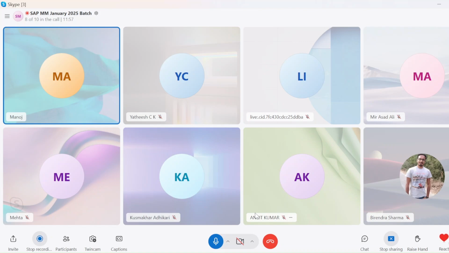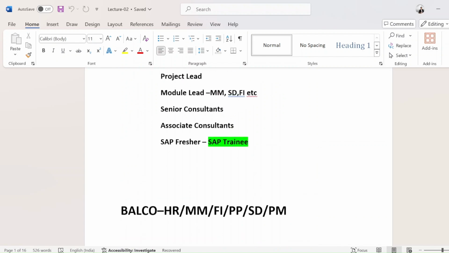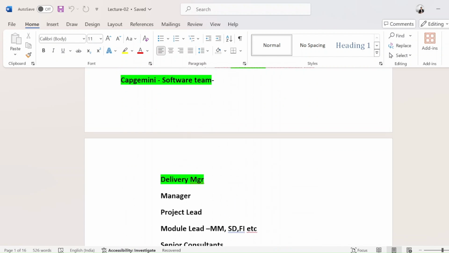All of us are working in Infosys. Let's suppose Mir is also working in Infosys, Virendra is also working in Infosys, Ankit and me also. But for me, Ankit and Virendra, the client is Mehta. But for him, the client is XYZ. So, guys, is that clear? Who is the client and who is the consultant? Is that clear? Say yes or no. Yes, clear. Yes, sir.